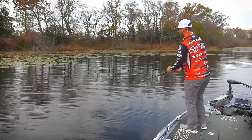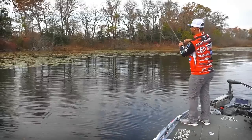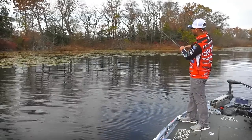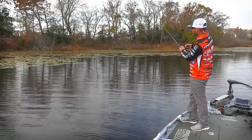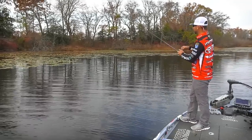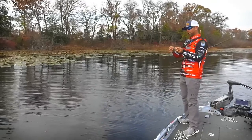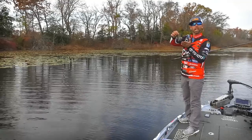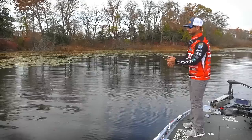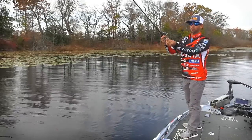So on every cast, I want to make that cast past my target. I'm going to go past that point in the pads, and I'm going to swim it through. I'm going to keep my rod at about the 2 o'clock rod position, and I'm going to just swim it through these cover targets. And I'm purposely making this bait run into the pads. And the interesting thing is that every time it hits the pads, it's going to change direction, and a lot of your bites are going to come on that. Again, this is subtle. As this thing comes through the water, it's moving in a straight line. The only thing really moving that jig